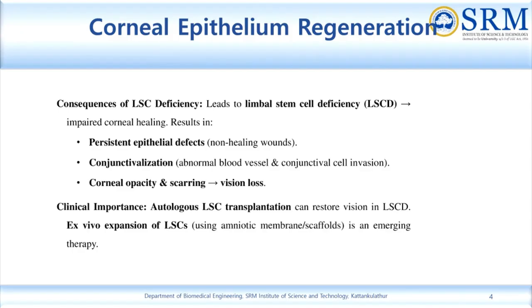We can expand the population of the stem cell and transplant it back into the person where the defect is experienced. So this can restore the vision in the case of limbal stem cell deficiency. So to obtain the autologous stem cells, there can be different methods. Either the person's own stem cells that were frozen from the frozen stem cell bank that was frozen at